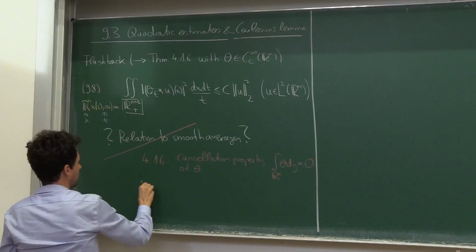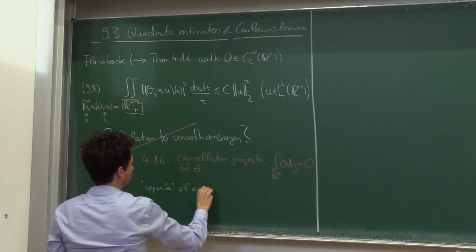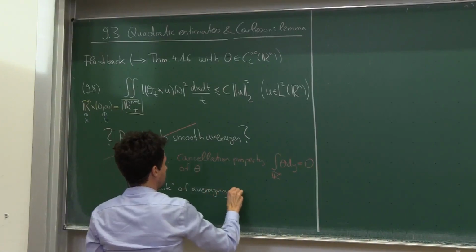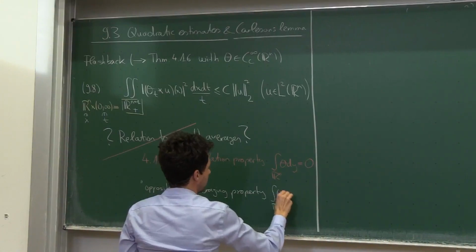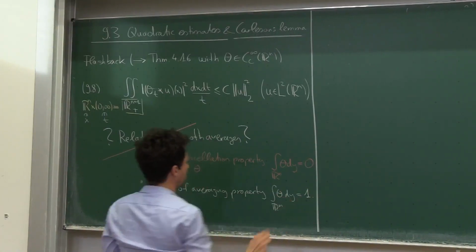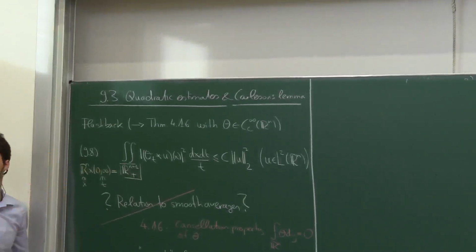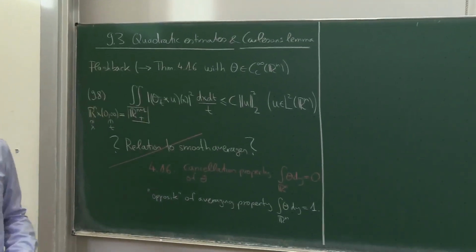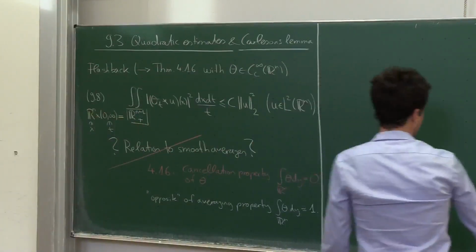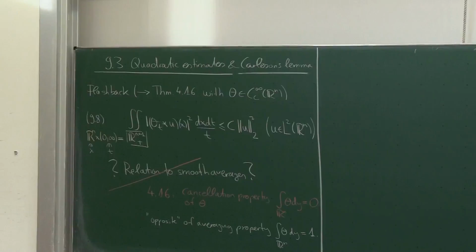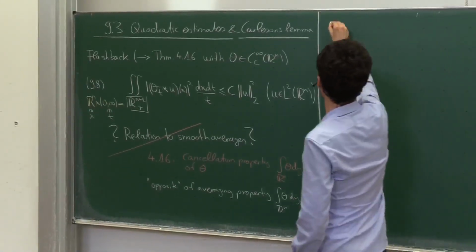Okay, so this is the opposite of the averaging property, which would be that the integral of theta would be 1. So this is a statement, but it uses cancellation hidden in the properties of theta. And it's not going to talk about averages. And in fact, the result 9.8 is never going to be true if you're talking about averages,